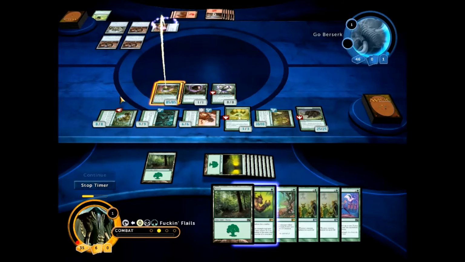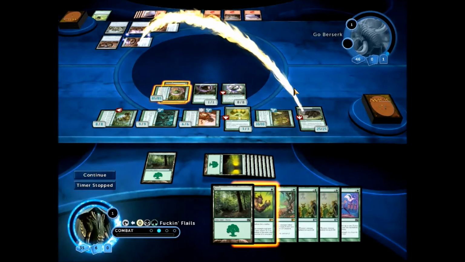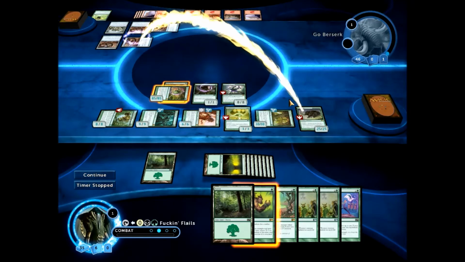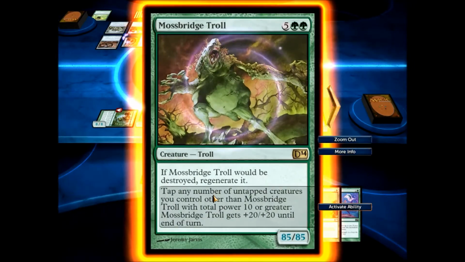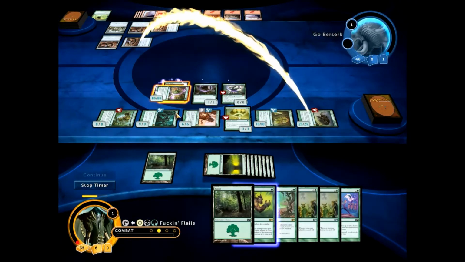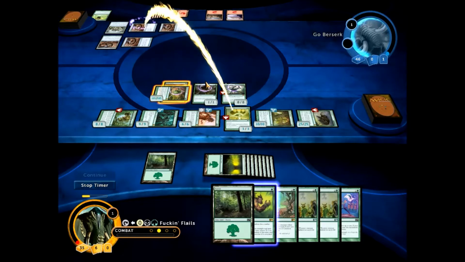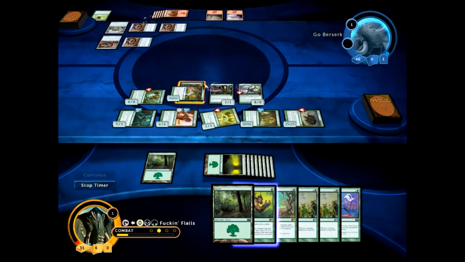So the first thing they do, obviously, is tap the biggest creature. Then they go tap the next biggest creature. This is the part where it's key to understand what you're doing. You pause while they're trying to tap it. You instead tap it. So you're the one tapping it, you get the +20/+20 on your troll, and they wasted a tap step. So now, you wait for them to do the other 2 tappings,